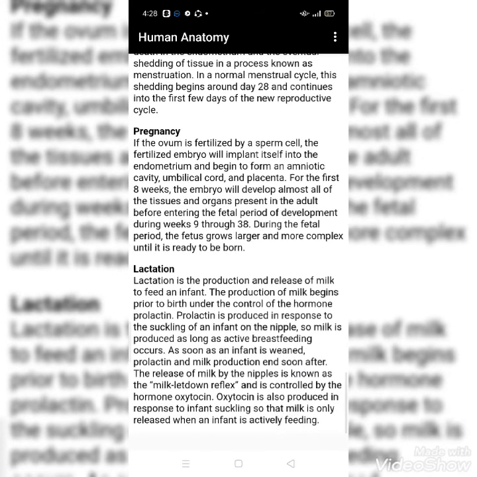Now we will discuss lactation. What is lactation? Lactation is the production and release of milk to feed an infant. The production of milk begins prior to birth under the control of the hormone prolactin. Prolactin is produced in response to the suckling of an infant on the nipple, so milk is produced as long as active breastfeeding occurs. As soon as the infant is weaned, prolactin and milk production end. The release of milk by the nipple is known as the milk let down reflex and is controlled by the hormone oxytocin. Oxytocin is also produced in response to infant suckling, so that milk is only released when an infant is actively